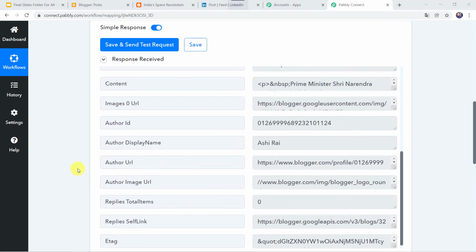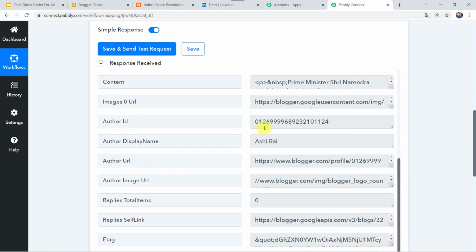Now I want to give you an important information that here you can see that the data has captured immediately. But sometimes it may take some time in fetching the data, as the trigger here is polling based. So if your data doesn't get captured immediately, don't worry about that, and please wait for 15-20 minutes patiently. Your data will surely arrive.